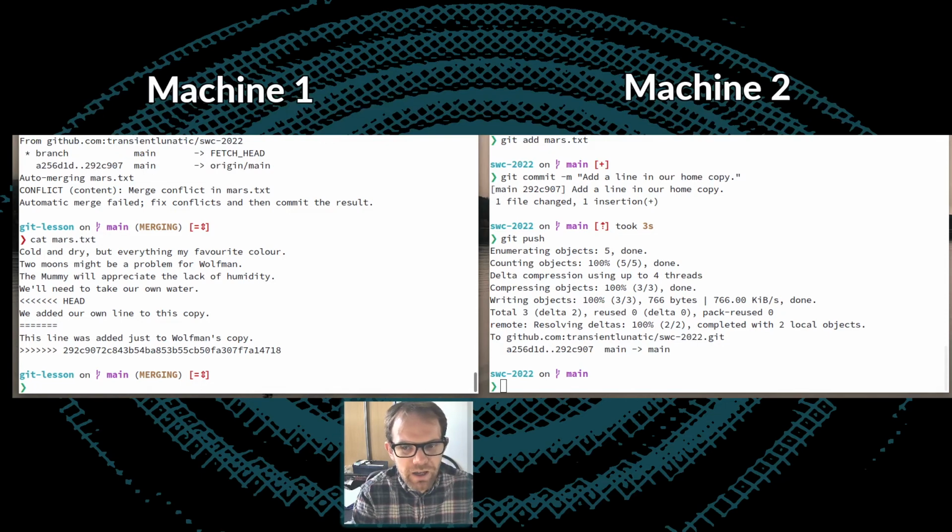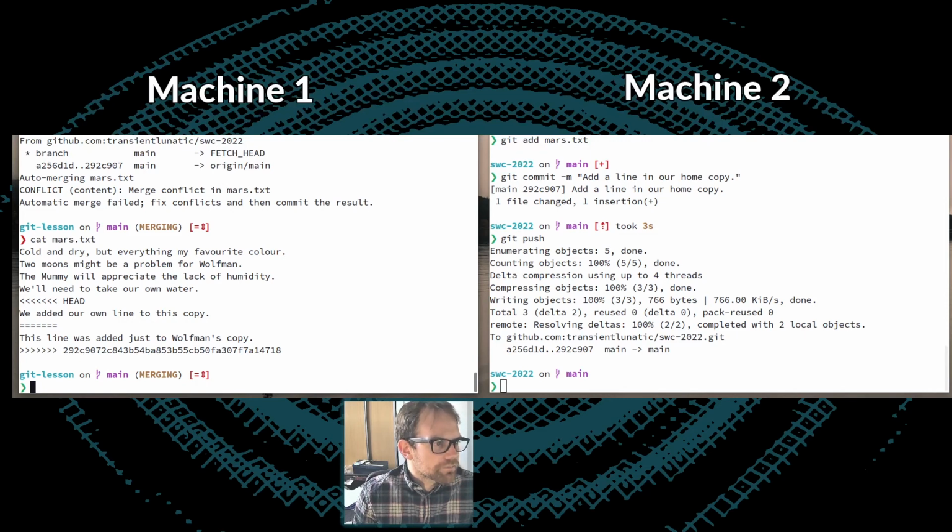We added our own line to this copy, which is from our local machine, machine 1. But we've also got this line that was added to Wolfman's copy, which came to us from machine 2 on the right. So what's been put in here is just this diff, which shows us the difference between the two things, and we need to decide how to resolve this.